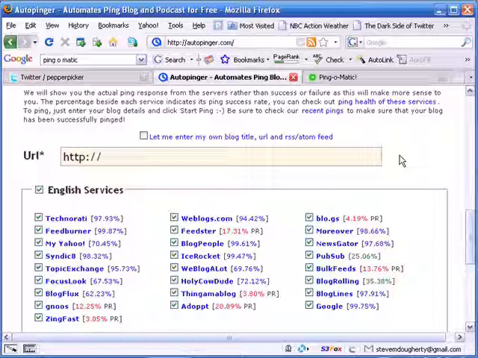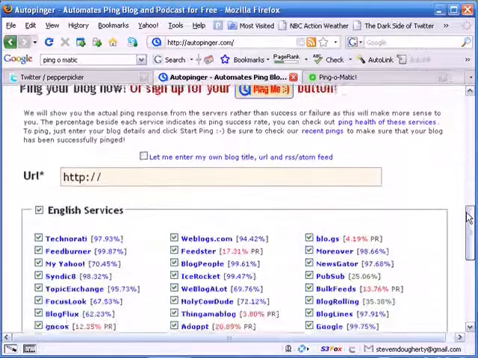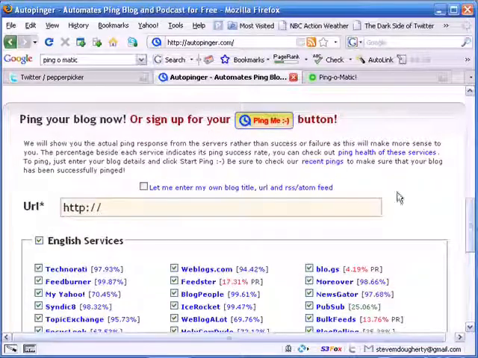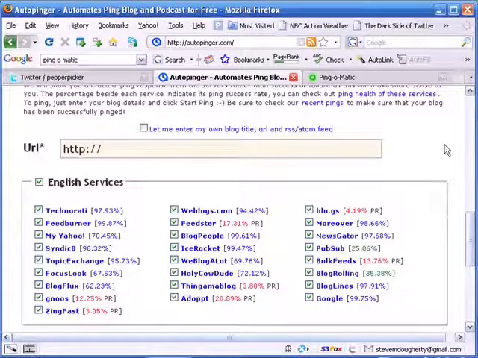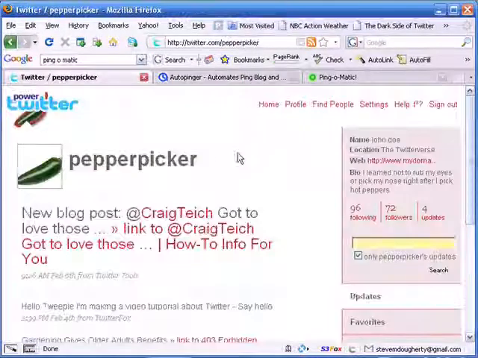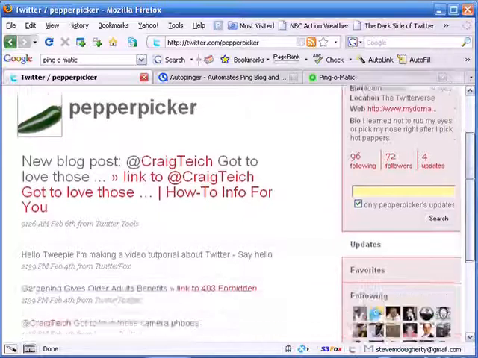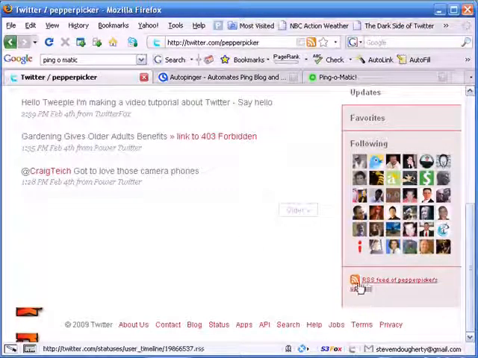So after you have submitted some quality tweets to your Twitter page, then head on over to AutoPinger. Now, wait a minute, you're asking yourself, this is not a blog because it says ping your blog now. Well, it kind of sort of is, as I'd mentioned. Now, what we want to do here is first off, get back over to our Twitter page, and we come on down to the very bottom here. This is what I'm looking for right here. And if we just click on this,